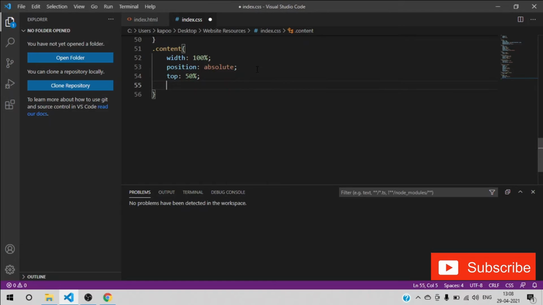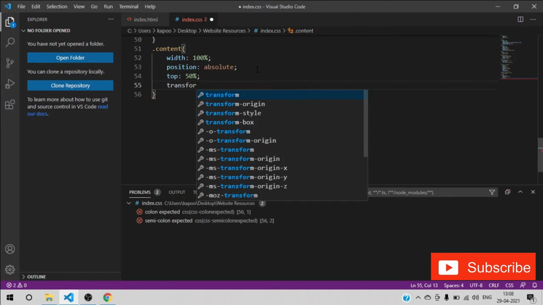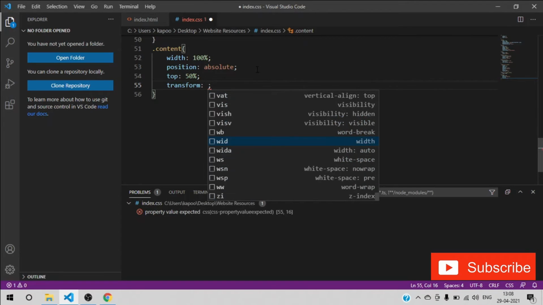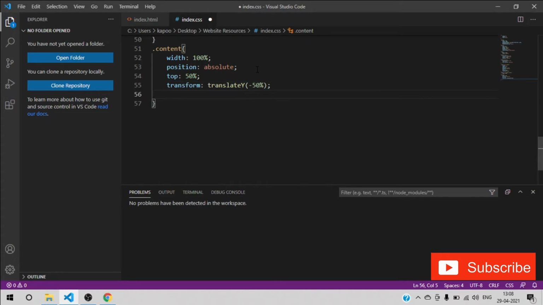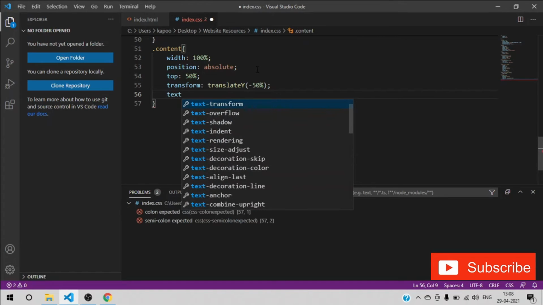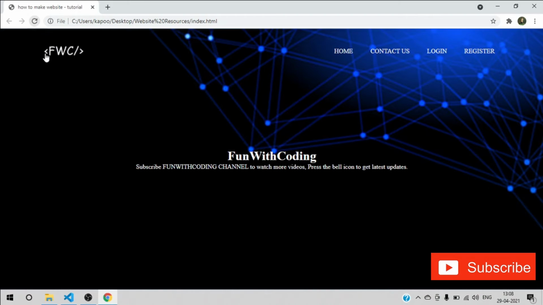Okay, and then make the transform as translateY, give it as minus 50%. Okay, and then what we can have is text align as center. Just save it and refresh. Now our content is at center position.